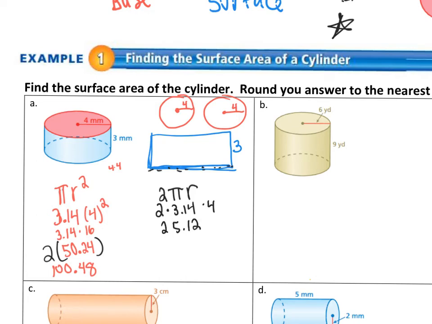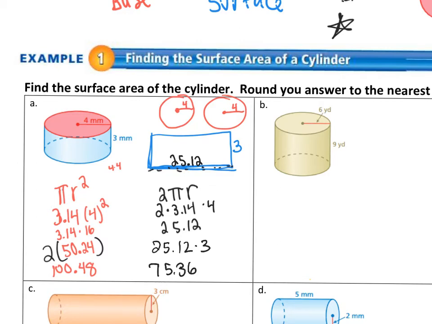Again, this is the circumference, which is going to be the base of this rectangular section of my diagram. So now I can multiply that 25.12 times 3, because it is my base times my height, to get